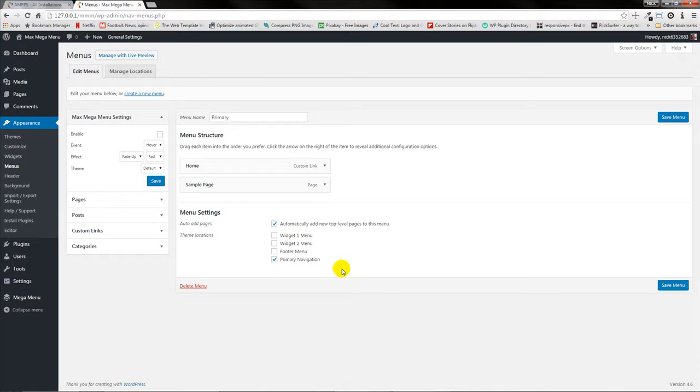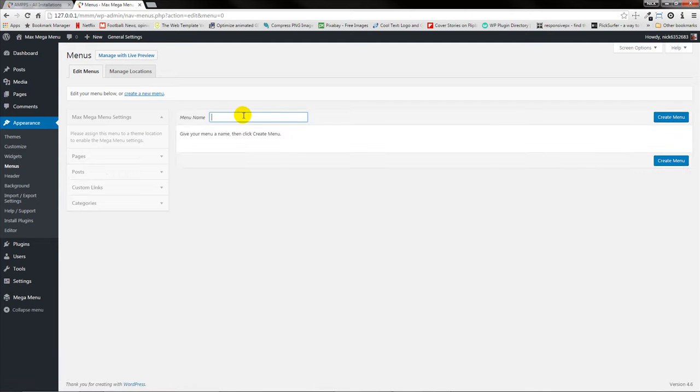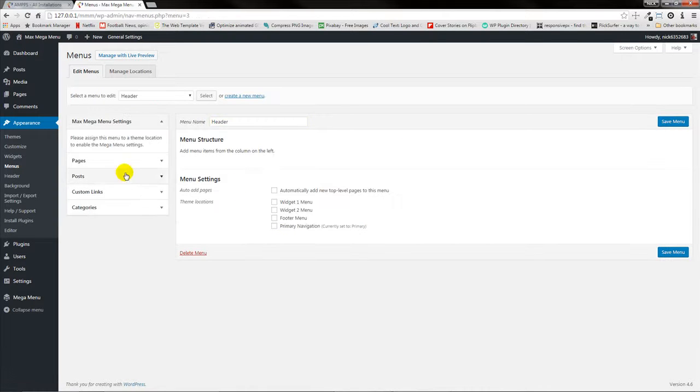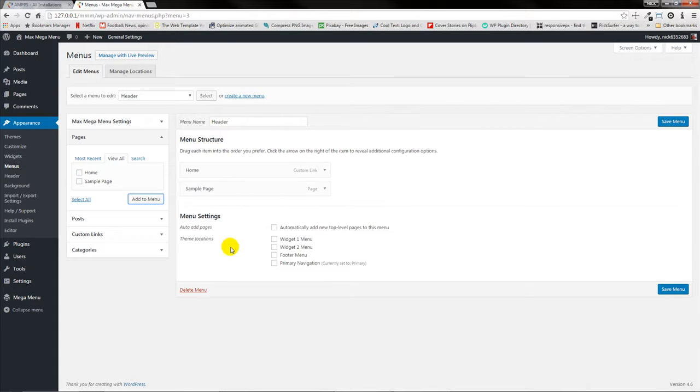All right, so I'm going to go ahead and create the other 2 menus really quickly. So I'm going to go create a menu. Let's call it header or menu 2, whatever you want to call it, it's going to be fine. Create the menu. Assign pages really quickly to it. So let's do the same thing. Only have 2 choices right now. I don't want to spend time creating pages. We're going to assign this to the widget menu. As soon as I assign it to a menu location,